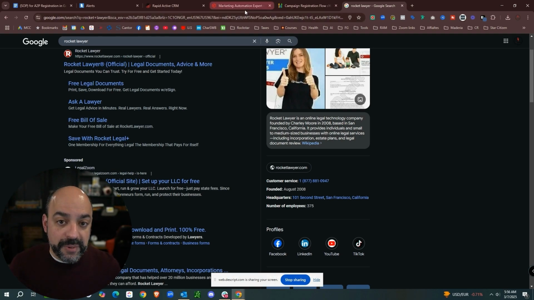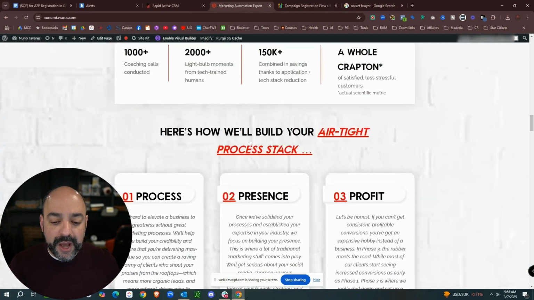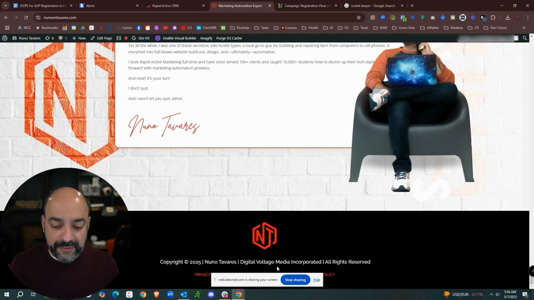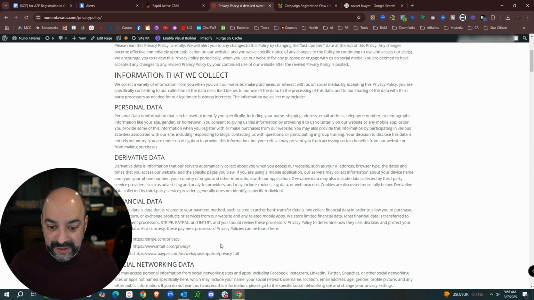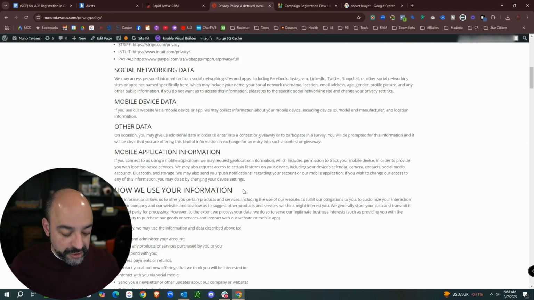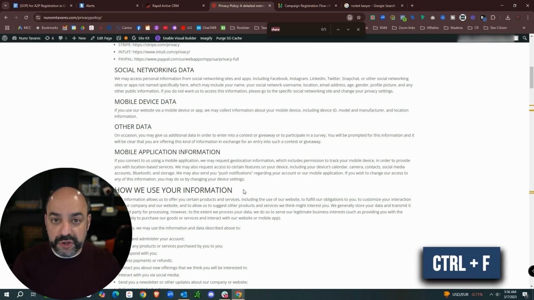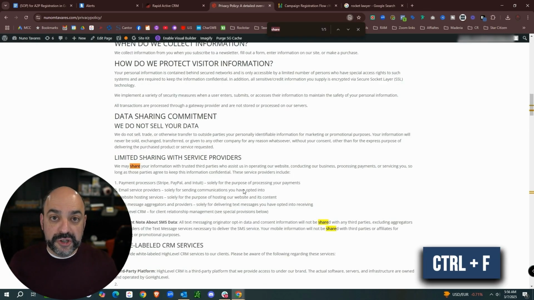When they go into the privacy policy, and I'll use mine as an example, I'll go all the way down and I have my privacy policy here. Again, mine was actually written by a lawyer and an entire legal team, so I'm hoping to God that this thing is pretty tight. But inside of here, they'll hit Control F to search your page, and they're going to look for sharing of information.